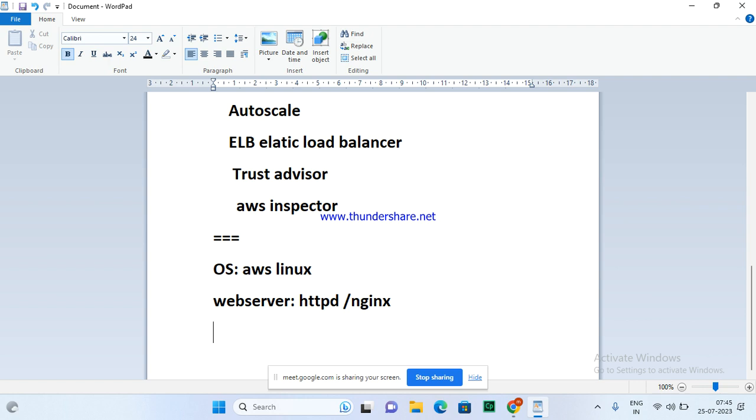So I'm going to use HTTPD and Nginx. They need a database. What are they using?